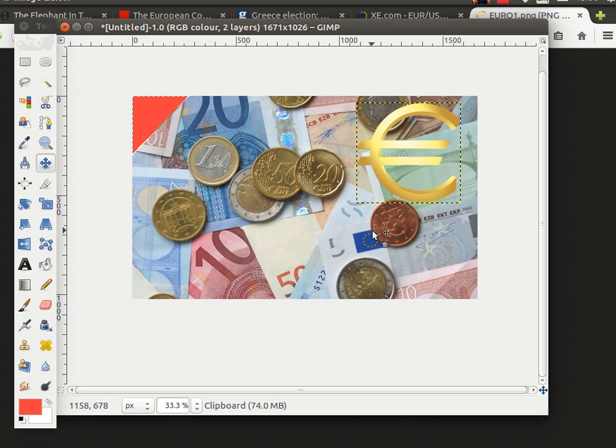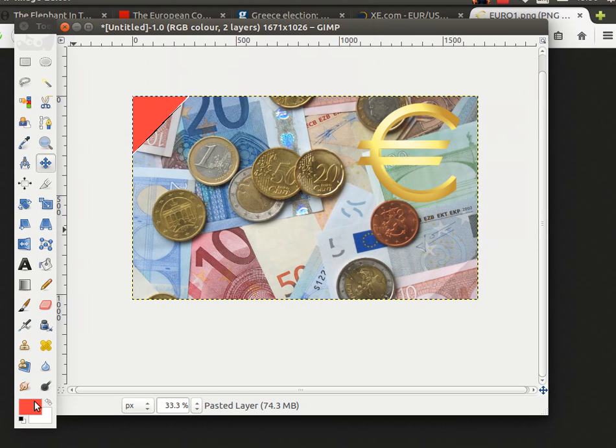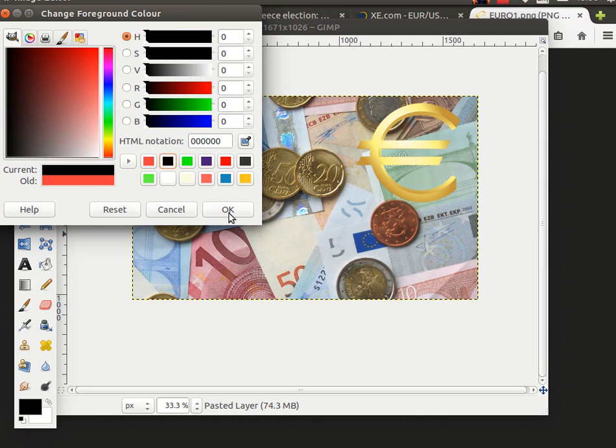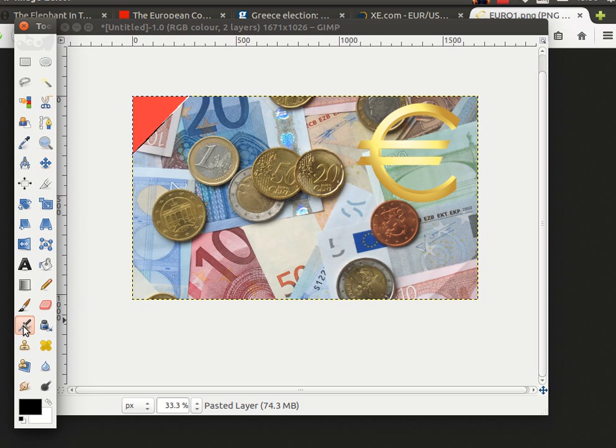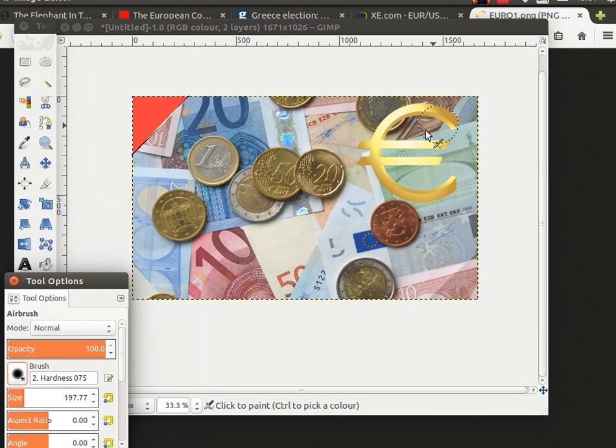Now I want to make this stand out, and the way to do that is to make the background darker. So I'm going to go into the layers menu. I'm going to select the bottom layer, which is the layer we first worked on with the notes. So stack, select bottom layer, and now anything I do will just affect the bottom layer. I need to change the colour here back to black. Select the airbrush tool and double click on that because I want it to be a soft edged brush, and that's actually about the right size still, so I don't need to change the size of it. I want to drop the opacity to maybe about 50%